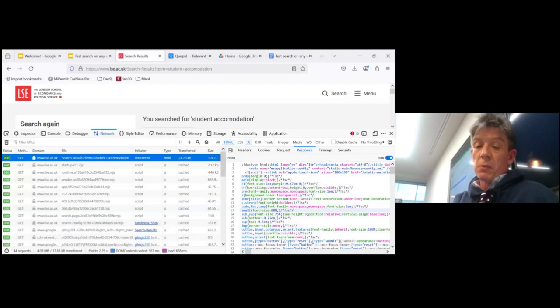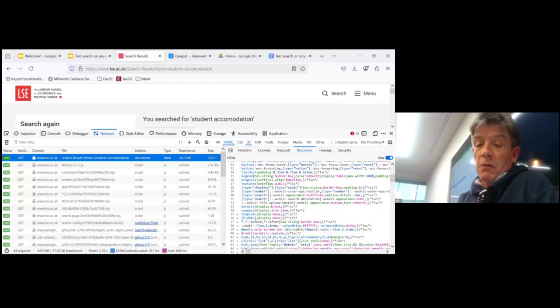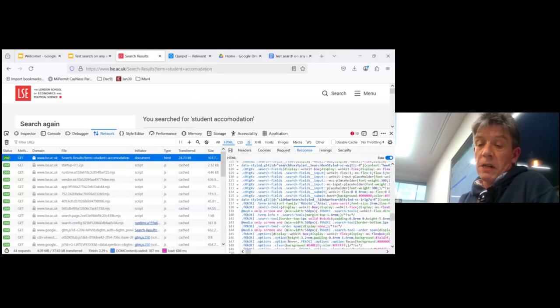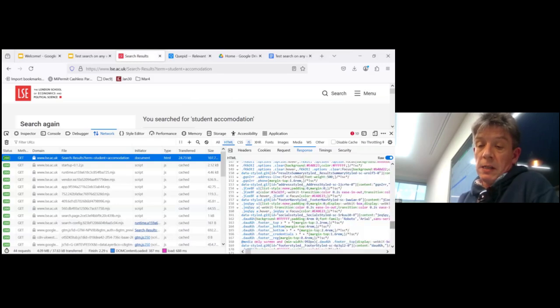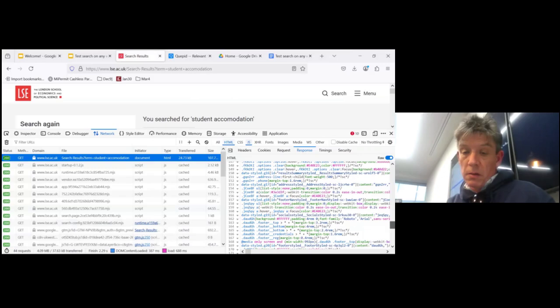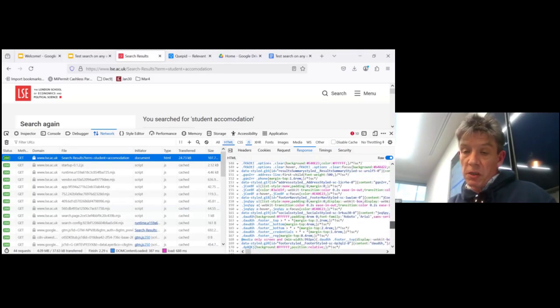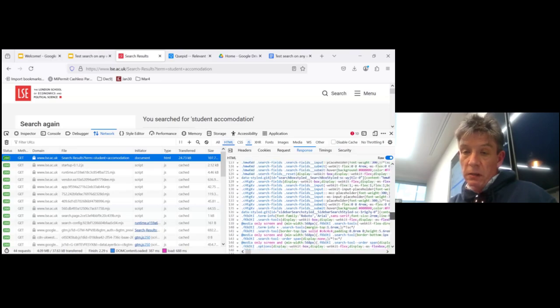So what we're going to do is look through here, and the idea of this is to go through and try and figure out where the search results are. And somewhere in this massive pile of HTML, there are some search results. And what I'm looking for is just some chunks of code I can use to identify where they are.